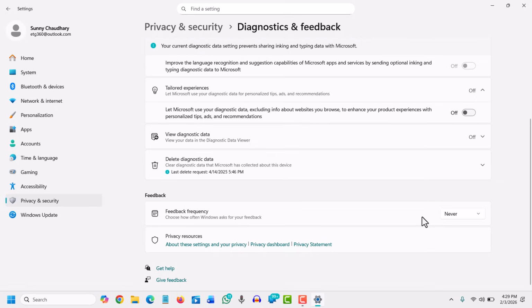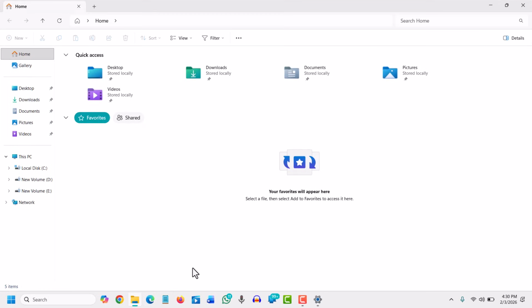Now the next one is open File Explorer to This PC, and why we should do that? For faster access to drives. So we will open the File Explorer, you can search for it, and then we will click on the three dots,